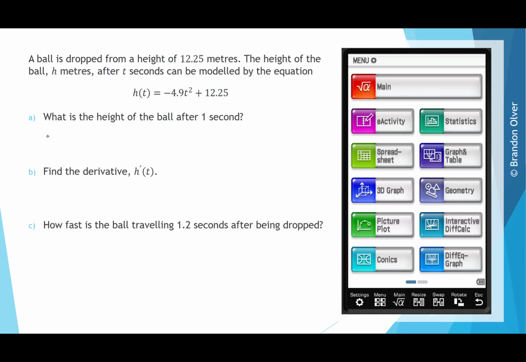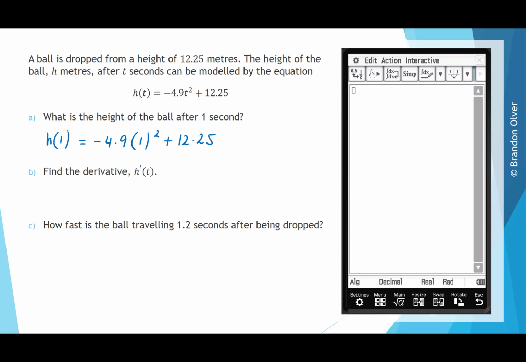So the height of the ball after 1 second is h of 1, which is the same as negative 4.9 times 1 squared plus 12.25. On the CAS calculator, go into the main menu. Next, what we're going to do is type in the expression h of t. However, we're going to replace t with x, so we're going to type in minus 4.9x to the power of 2 plus